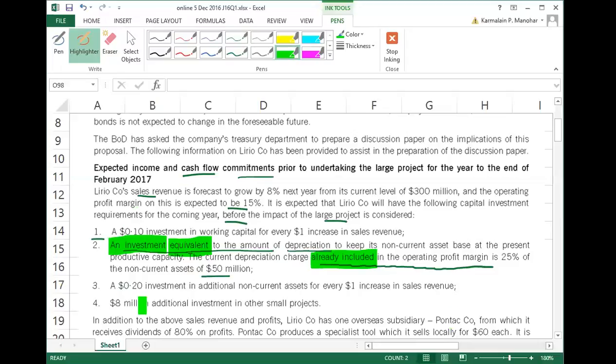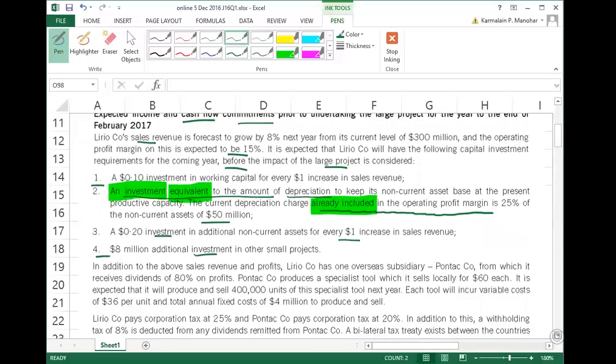So, note 3, point to investment in additional non-current assets. Fine. For every $1 increase, 8 million additional investment in other small projects. So wow, all these additional investments now, investment. Will those be cash inflows or cash outflows? Overseas subsidiary coming in, right? So outflows, very good. And you have your subsidiary stuff. And